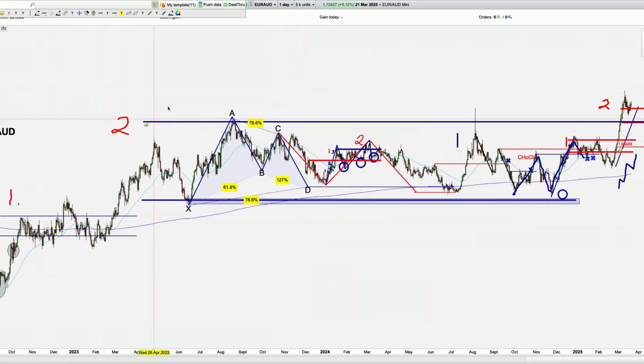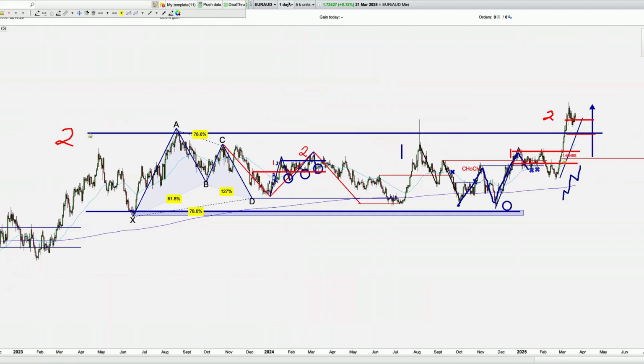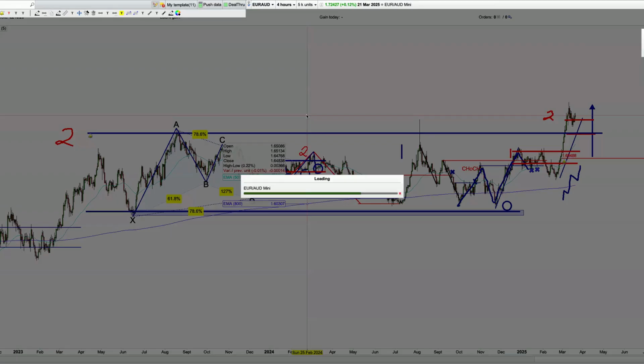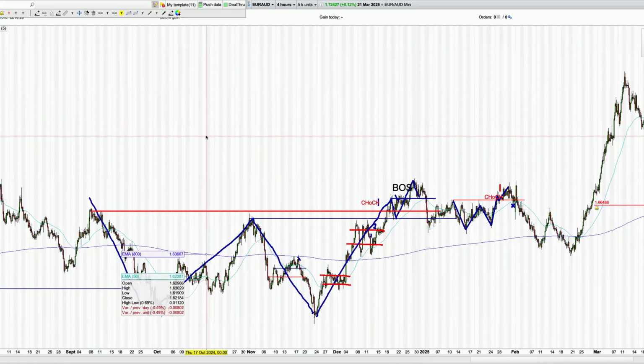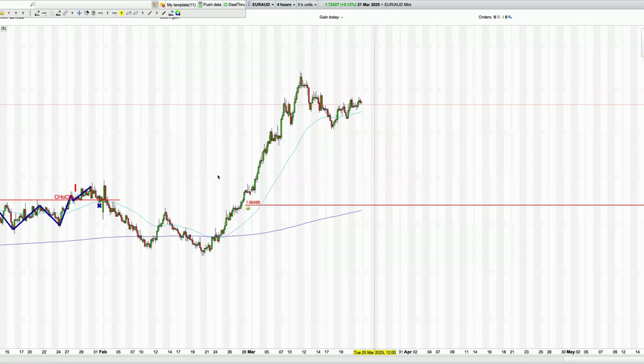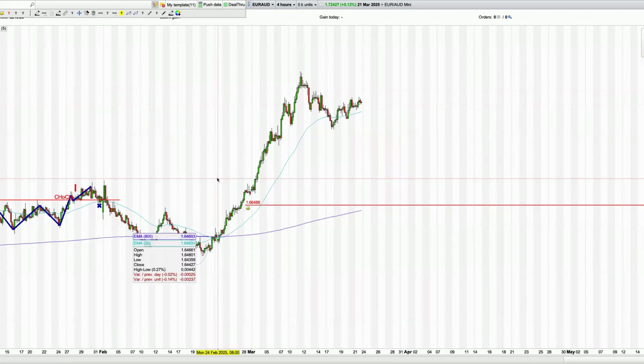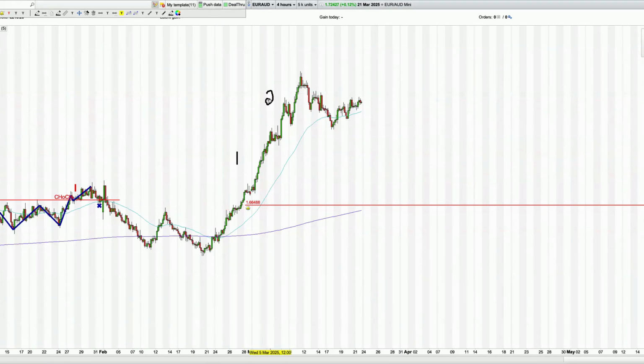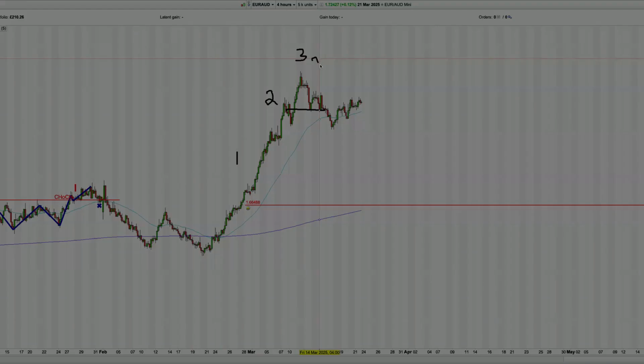So we have 1, we have 2, and we're breaking out for 3. And if we zoom in a little bit more, we have not retested structure properly, which is a slight alarm bell for me because I do like a good old structure retest. But what I can see here is we've had a week of rise, we've had a second week of rise, and then we've had a rise, drop, rise, no net. So we had to have 3 new highs. But the variation, the way this ended on a no net,